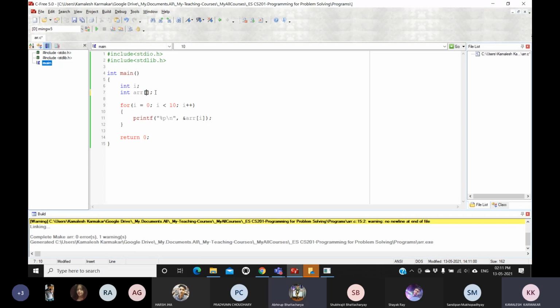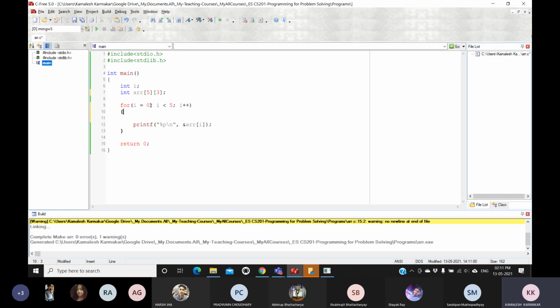Now let me declare an array of size 5 rows and 3 columns. I want to print the address of each and every element. If I want to access the address of the ith row, jth column, then I will start from 0, I less than 5, the number of rows.